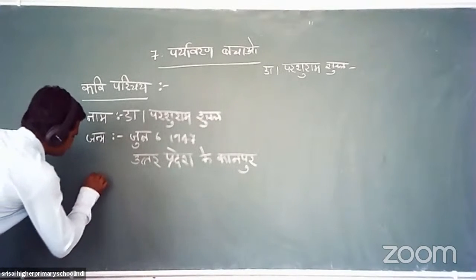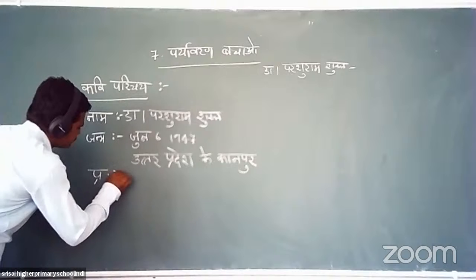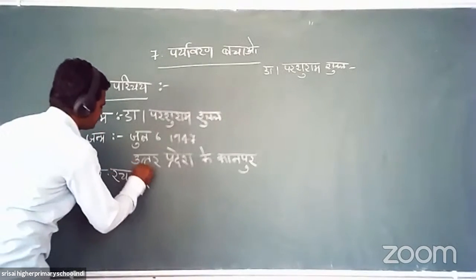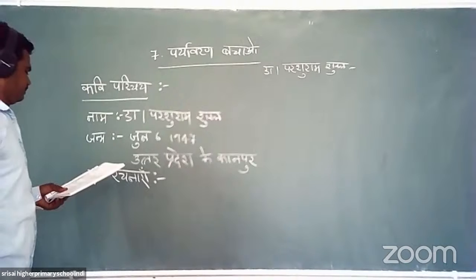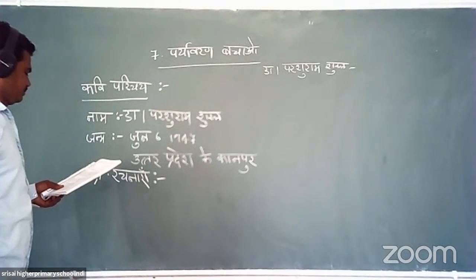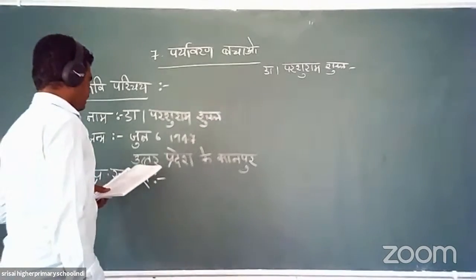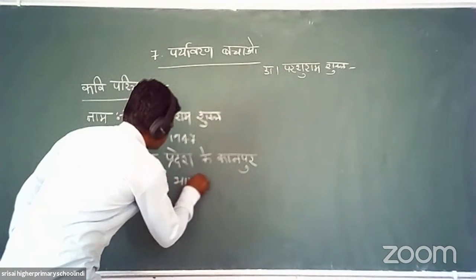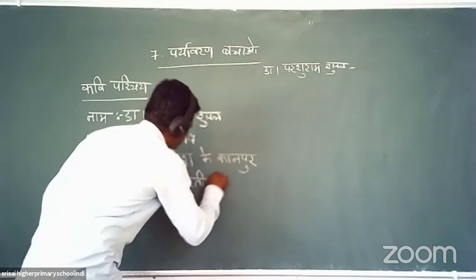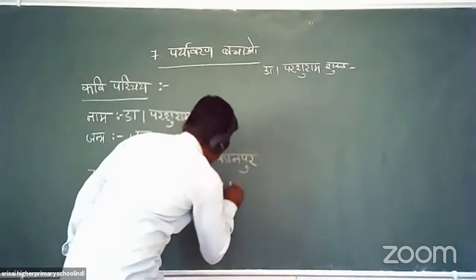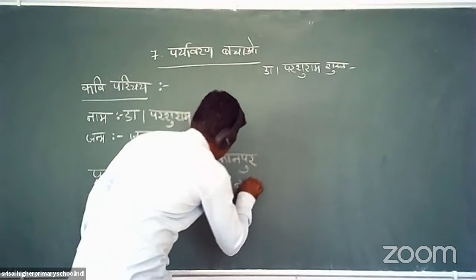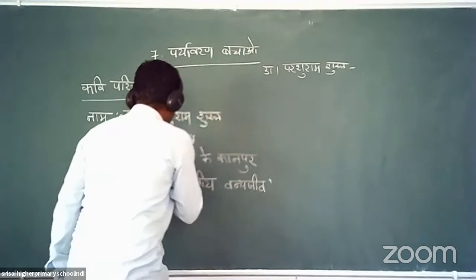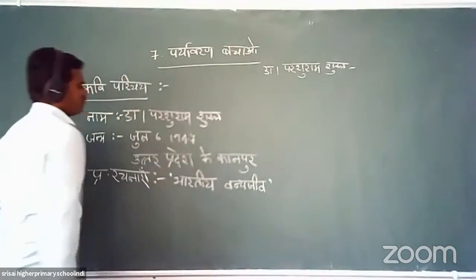प्रमुख घटनाएं। भारतीय वन्य जीव सूची। भारतीय वन्य जीव, इस कृति पर इनको पुरस्कार भी प्राप्त हुआ है।